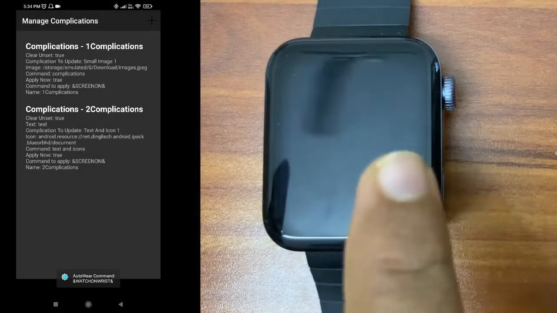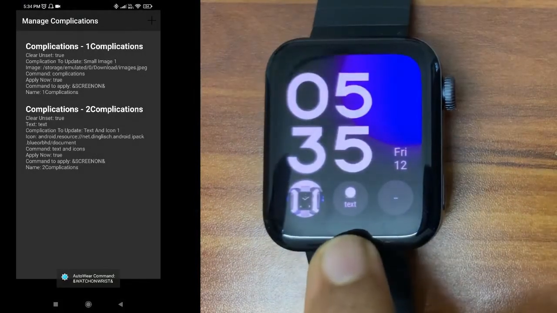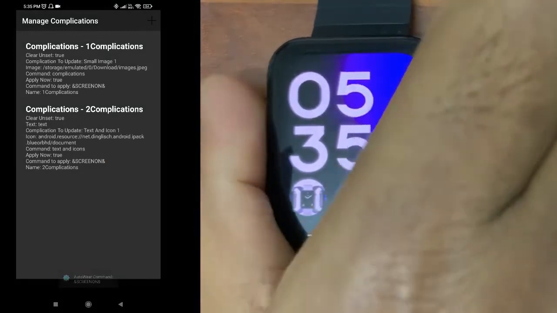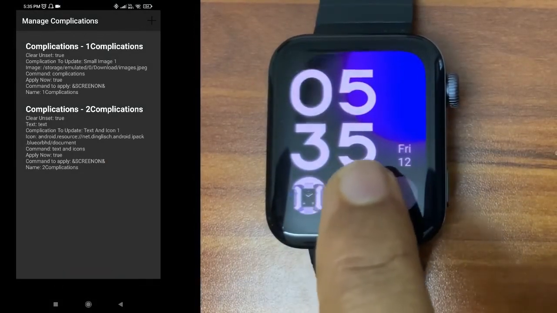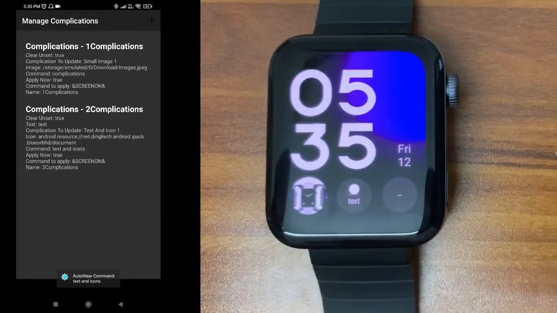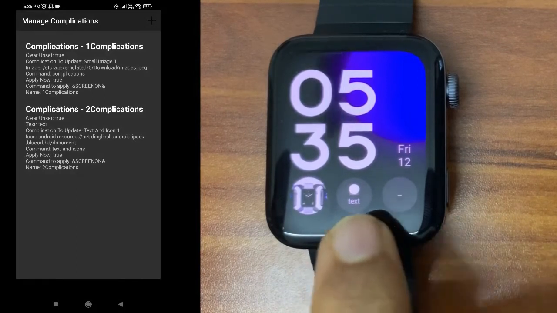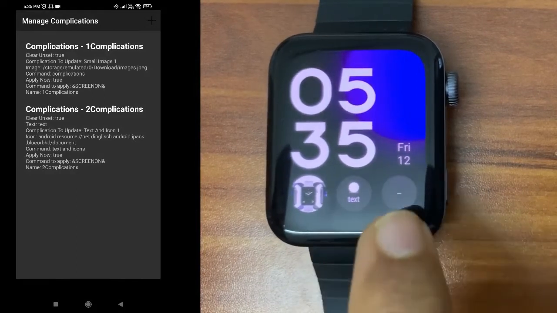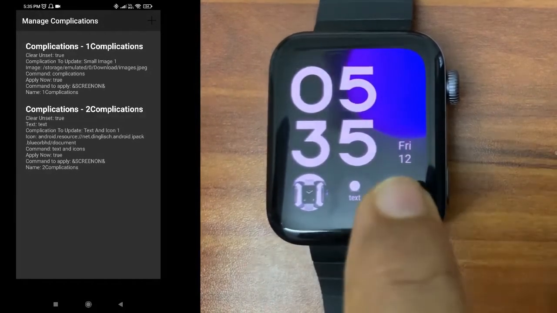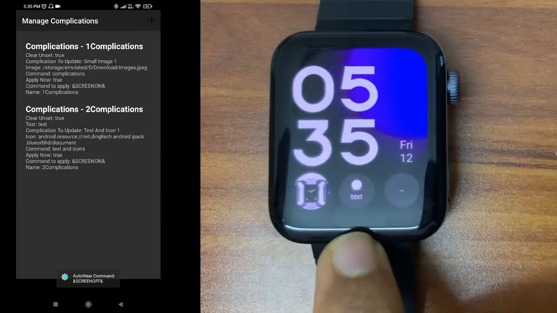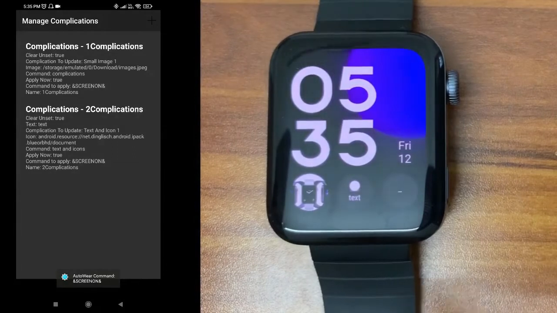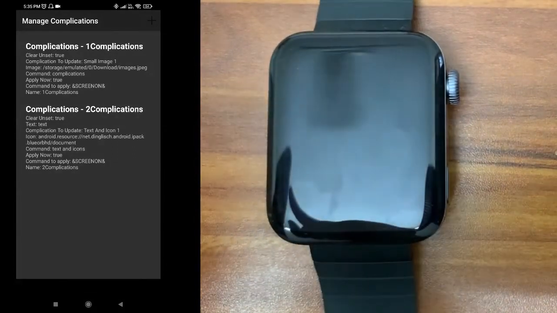Okay, the two complications are created. So you can see the second one, the text complication, is created. Just tap on this, and you can see the text and icon command is received on the phone side. Maybe there is some issue, or because the complication is small, maybe the icon is not displaying, but yeah, this is how it works.